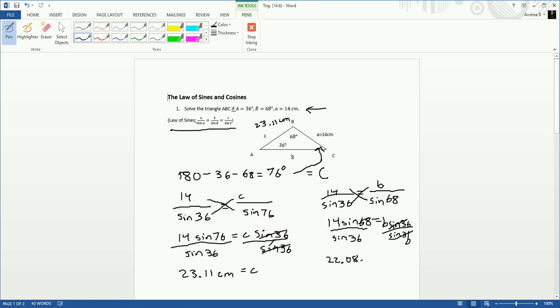22.08 centimeters. And that would be for your side B, which was the bottom side here. So that bottom side there would be about 22.08